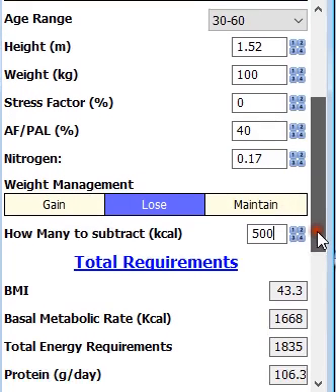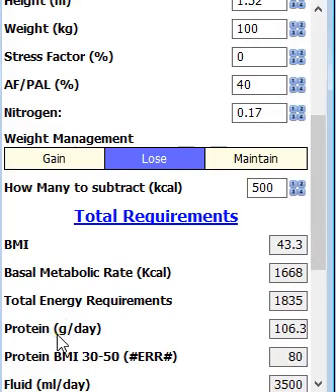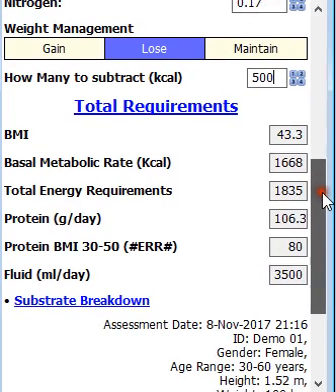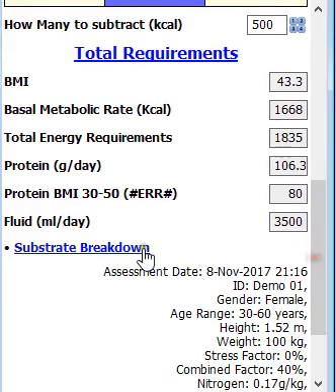And we have protein requirements in grams per day, which is calculated based on the nitrogen value, and below it we see protein BMI 30 to 50, so it's telling us that it's calculated it at 80 grams. Because the BMI is between 30 and 50, it's now taken 75% of the calculated protein requirements. Now it's showing error there, and I'll come on to that in a second, and then fluid requirements will be below. If we go to substrate breakdown and jump back, this populates,